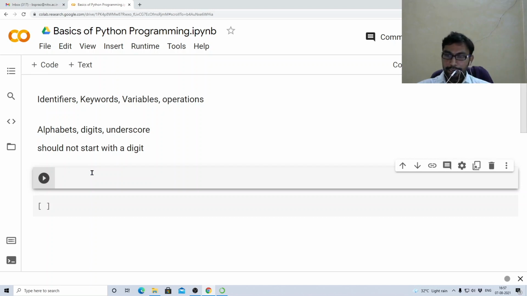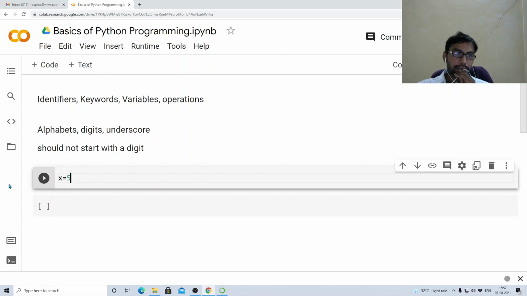At the beginning, I emphasized that the advantage of Python is that there is no need to define the data type of a variable. You can directly assign a value to a variable, and it will automatically infer the data type. Let us see this with a demonstration. Suppose you want to define some variable. Let me directly write x equals 5.